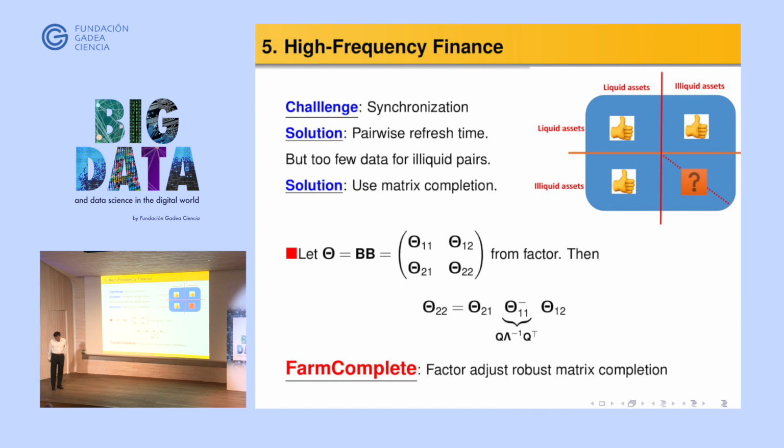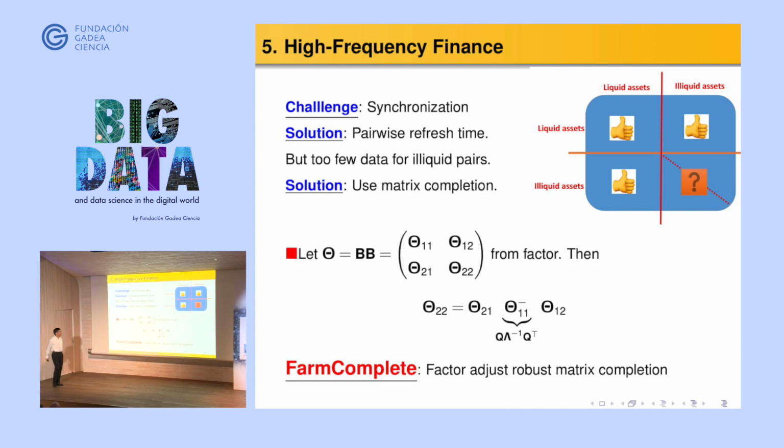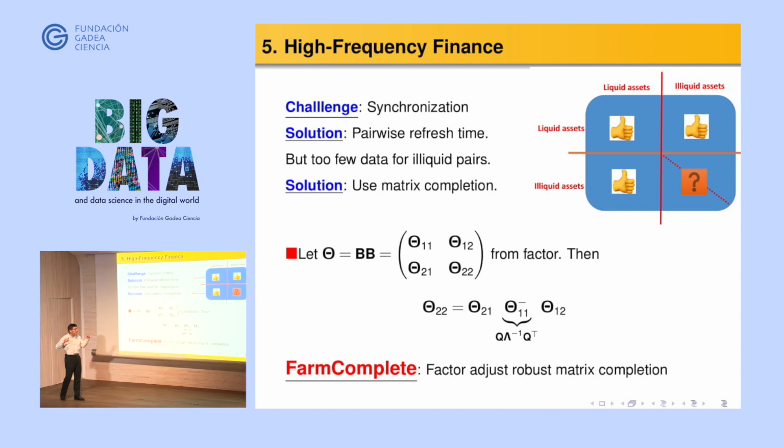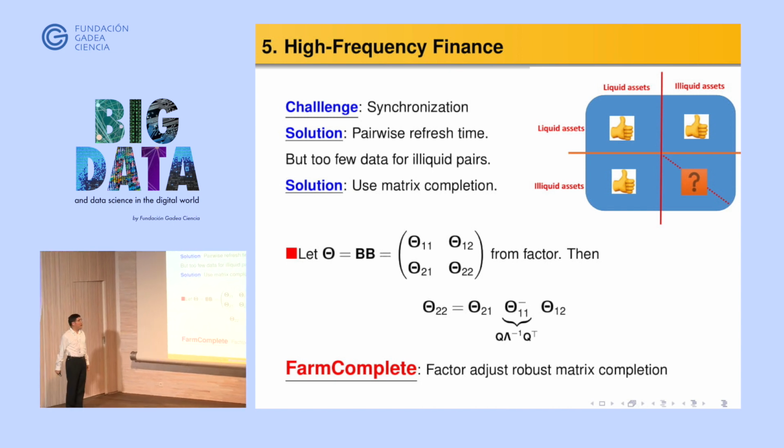And then the last part of factor models that is very useful and wonderful is matrix completion techniques. Matrix completion technique is all about factor models. So matrix completion techniques can be used in high-frequency finance. One of the very important challenges in high-frequency finance is that stocks are not traded synchronously. Therefore, you could regard it as a matrix of observations with a lot of entries missing, and then you could just use matrix completion to fill up these missing entries, and therefore you could use high-frequency data.